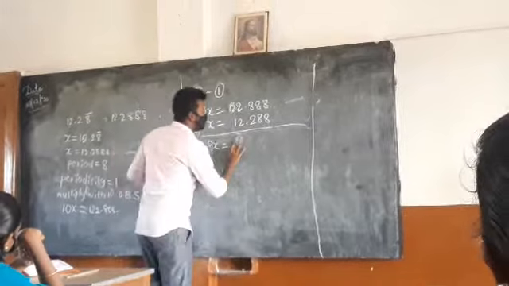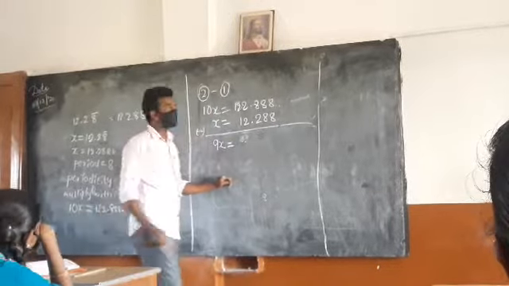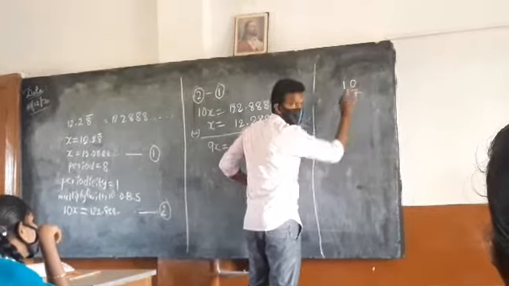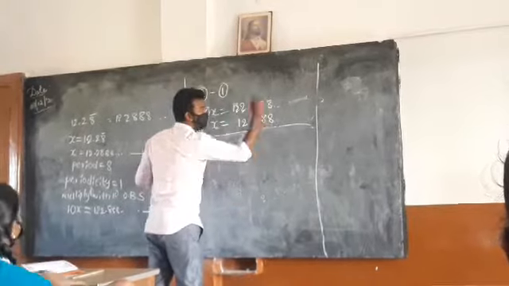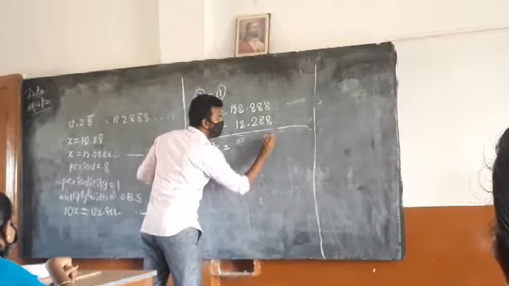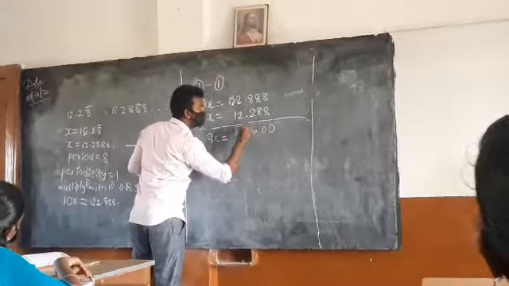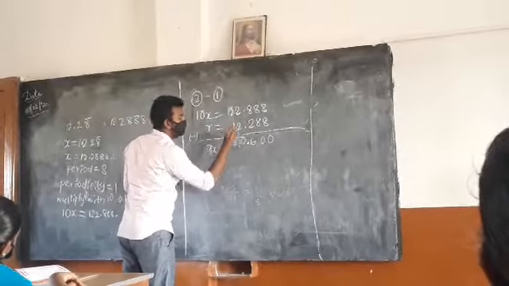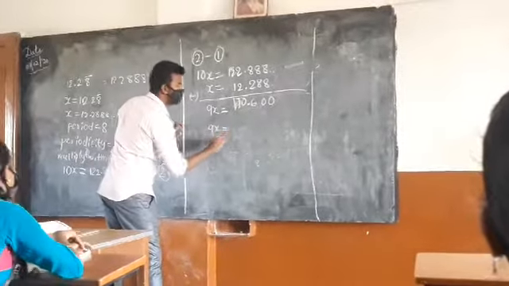Subtract carefully. I already told you to subtract from the right side every time. Just like 10 minus 7, what do you do? 3. From the right side you start subtracting. Similar to that, you need to start from the right side. Till here, all these are zeros. Now, 8 minus 2 is 6. Very good. The point lies as it is. 2 minus 2 is 0. 2 minus 1 is 1. Very good.